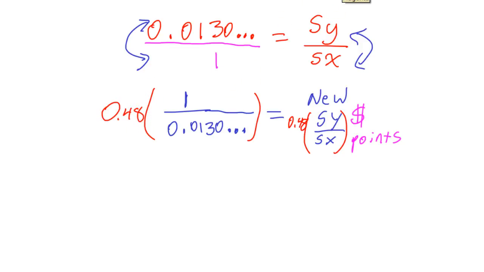I'm going to say 1 divided by that very long answer of decimals, that 0.0130, hit equal, and then multiply that by 0.48. Now what I get is that B1, which is the slope, is equal to